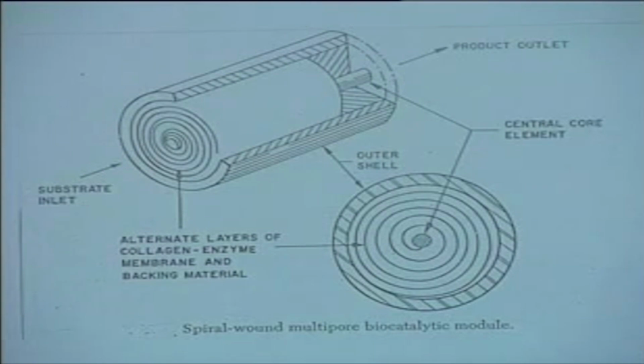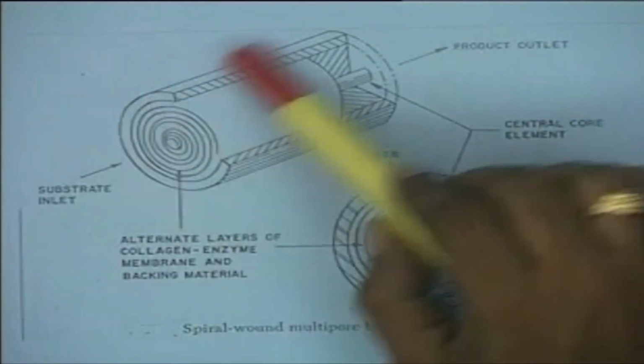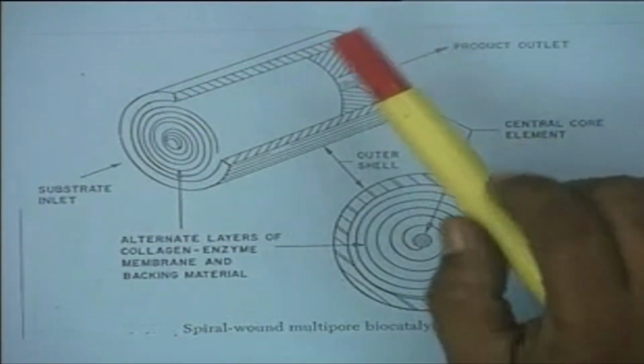It serves two purposes. One is that it provides strength to the membrane, the enzyme sheet, and the other is that it doesn't allow the enzyme system to get clogged. Such a system can then be packed into a column, into a tube,